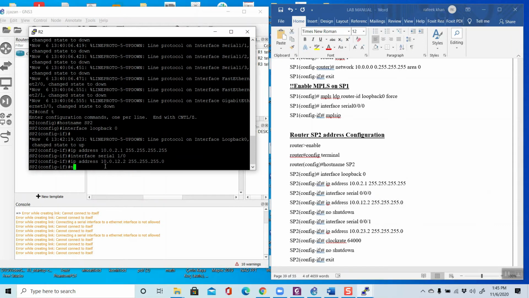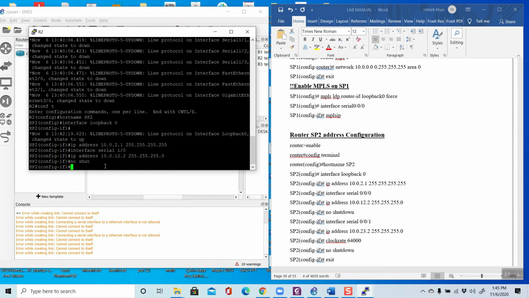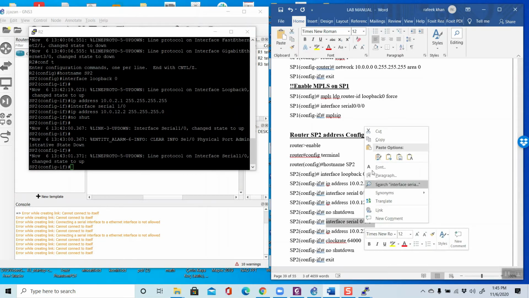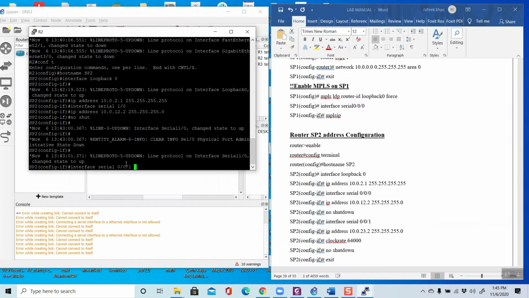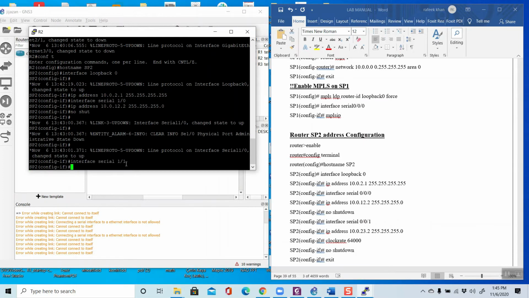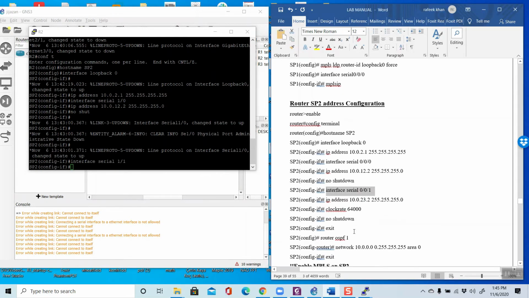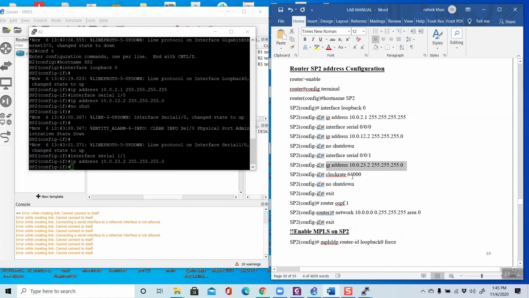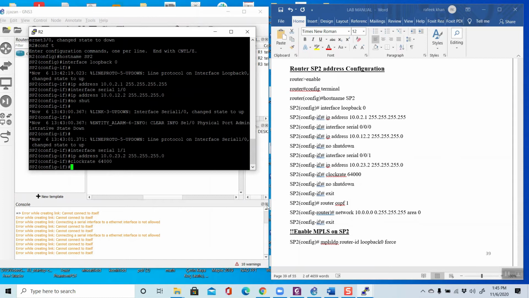Then another port here, 1 1. So we have to use serial 1 1. And just copy this clock rate. Then no shutdown.